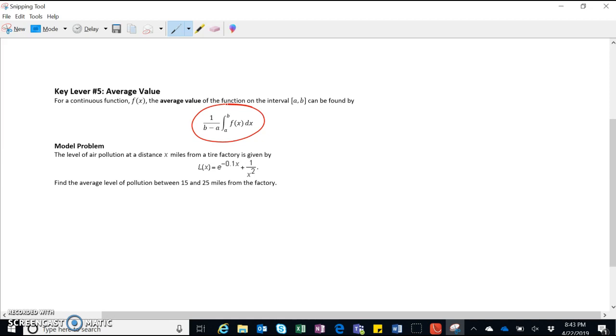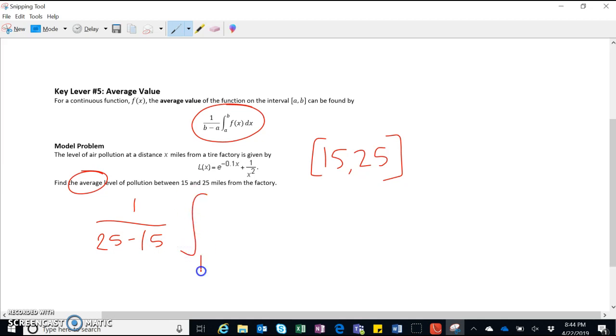So in this model problem, we've got air pollution measured here with respect to miles, and that's described by L of x. We're asked to find the average level of pollution between 15 and 25 miles from the factory. So when I read this, my window that's being requested is 15 to 25. So if I just plug in here, my average value states that I'll take the reciprocal of those endpoints and multiply by the integral from 15 to 25 of L of x, which is e to the negative 0.1x